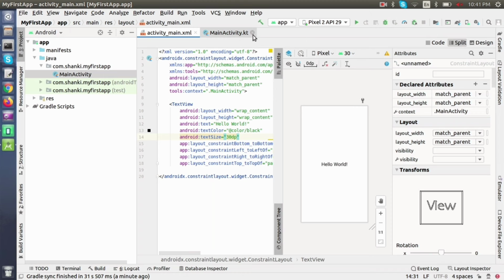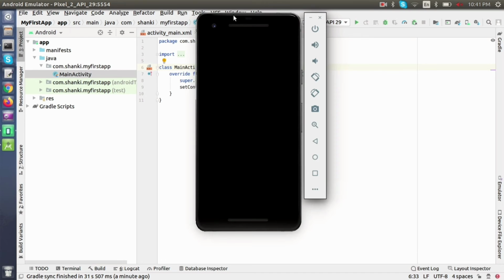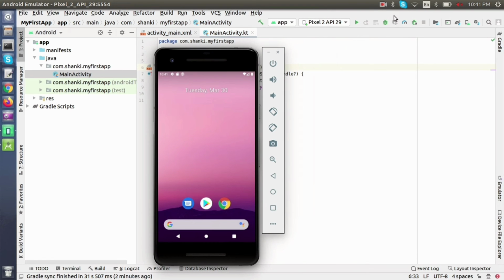The next thing, we are going to launch this screen in our virtual device. I have already told you how you can create your virtual device, or if you have an Android device, how you can install your application on it. This is my virtual device, and you can check my video links here to know how you can install your application.